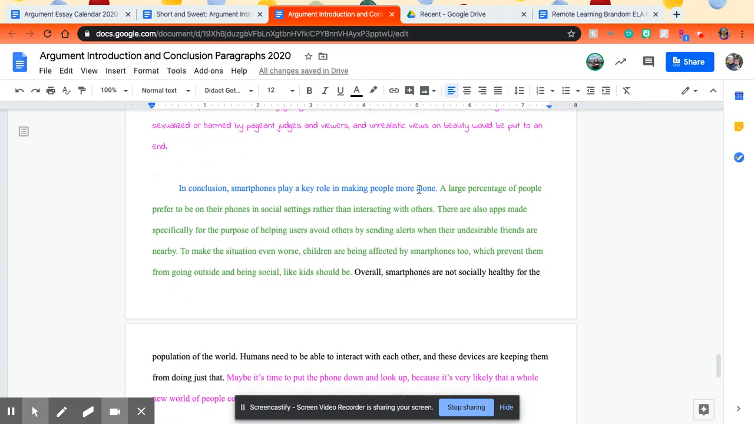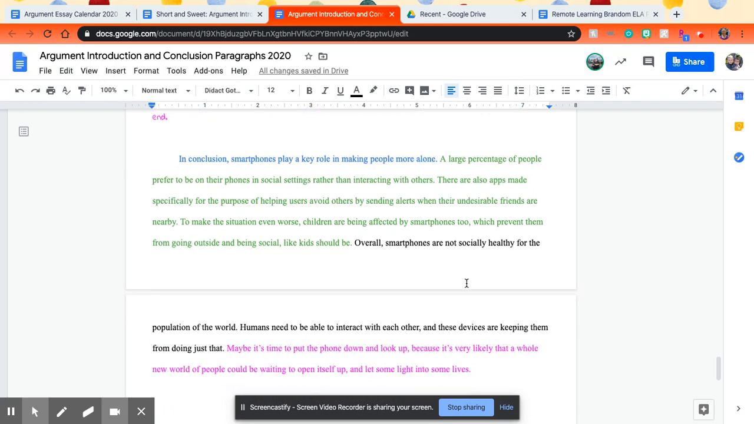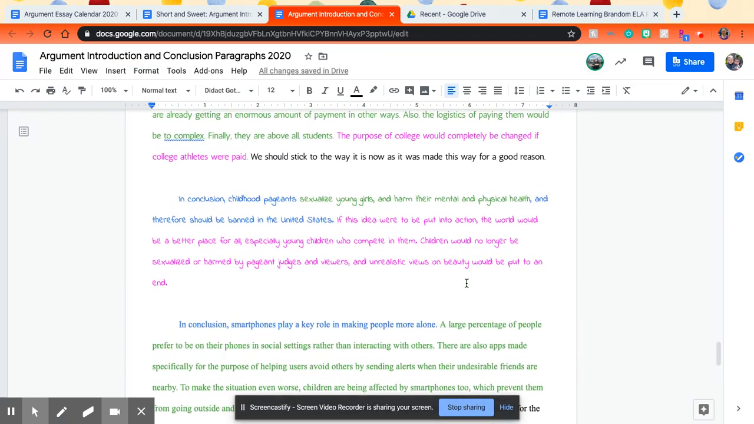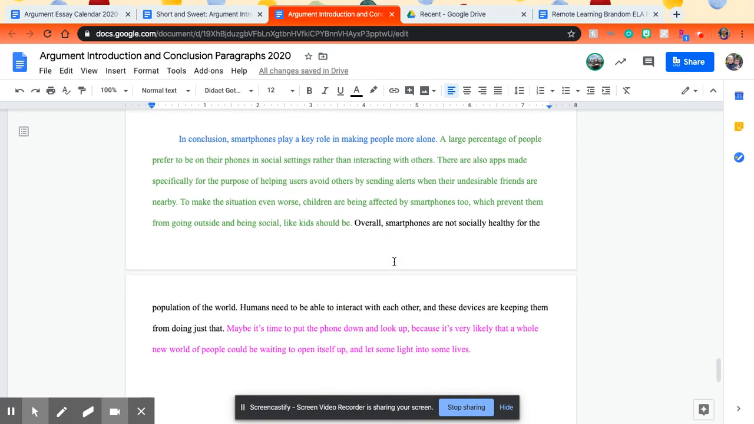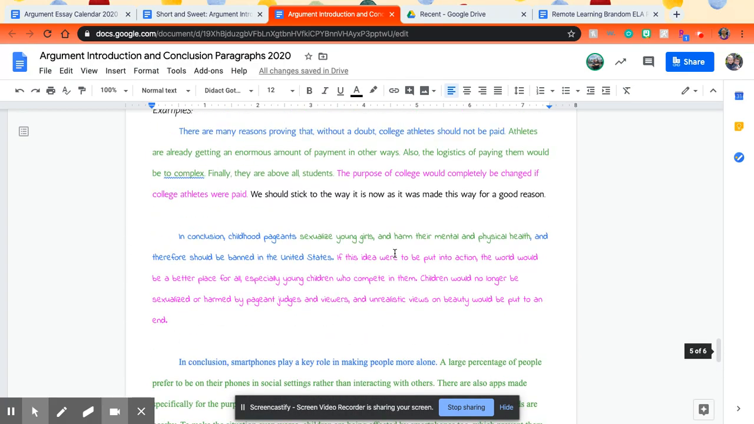And then there's a conclusion here that talks about smartphones and people being more alone. So all three of those are decent examples. They're ones that we've been working with throughout the whole essay, so I figured keep in rhythm with them. You can see they vary in length, they vary in style, but overall they have those three main points that